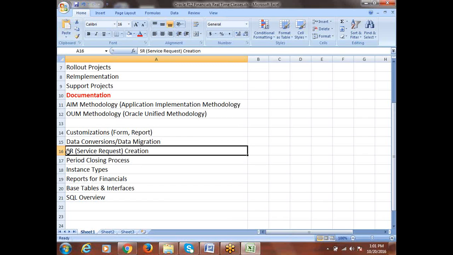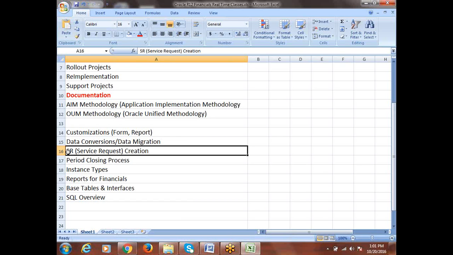So complete information we have to provide to Oracle. When you're raising an SR, we have to specify what your issue is and the detailed information of that issue. And again, not everyone can go and raise an SR to Oracle. Only those who have taken the license from Oracle can raise an SR. Okay, and when you're raising an SR, you have to specify your customer identification. Then they'll be asking many questions, several questions. You have to answer all those, and then you have to submit this SR to Oracle global support.